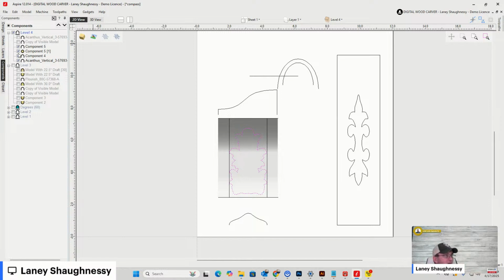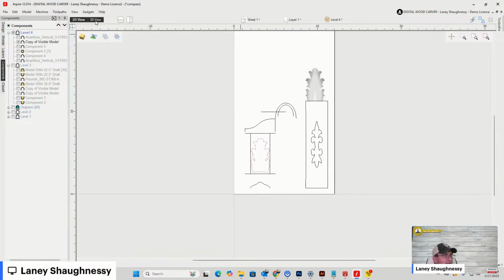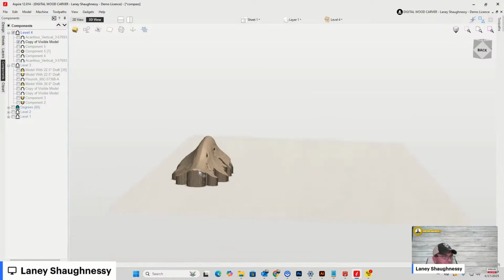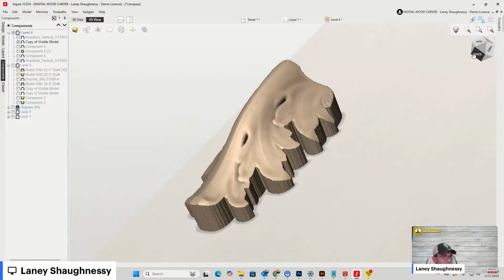But when it was all said and done and all the excess waste was removed, that's what created this final shape here,